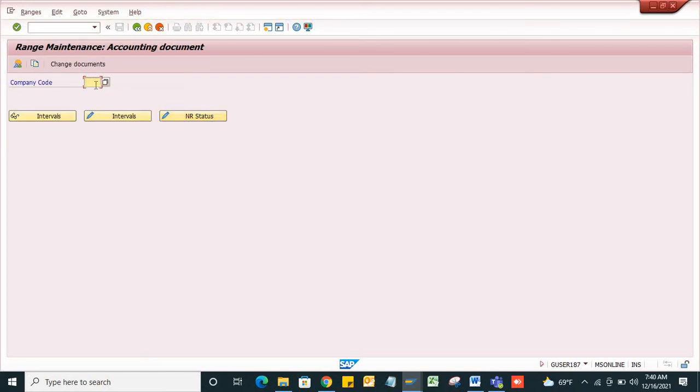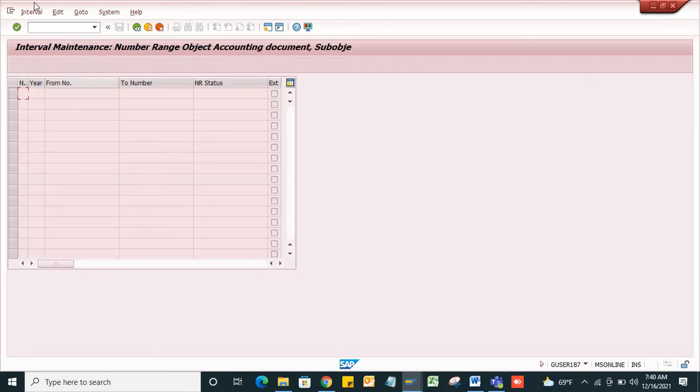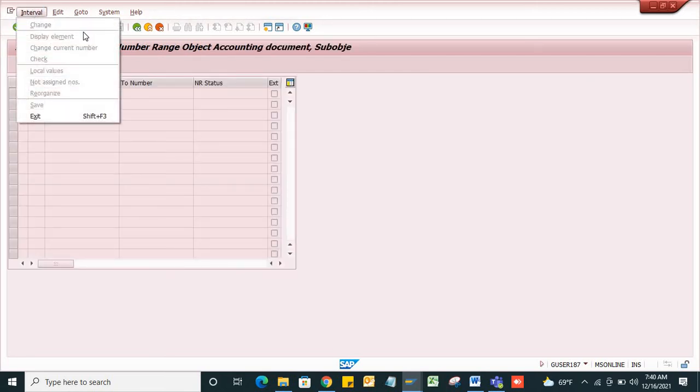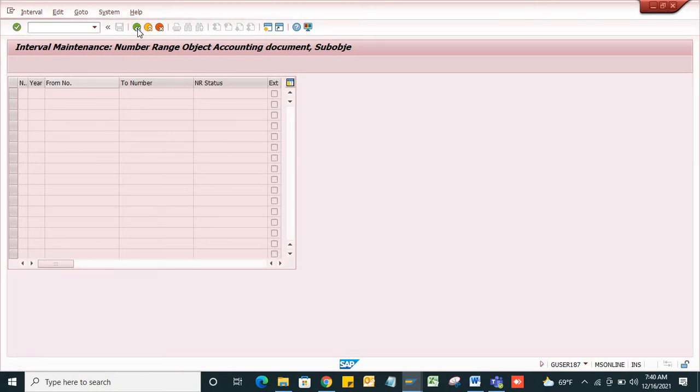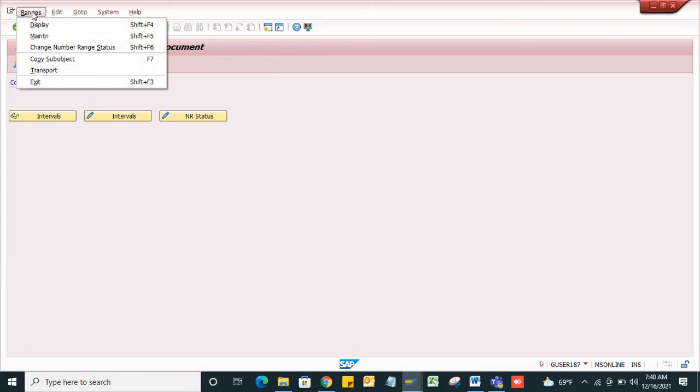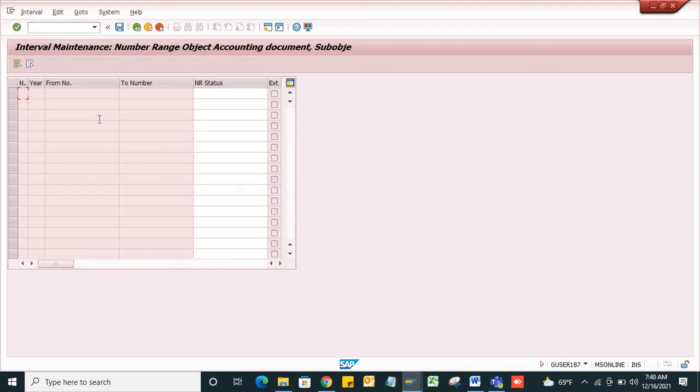I'll insert my company code AKSL and create my number ranges. I'll click on insert.